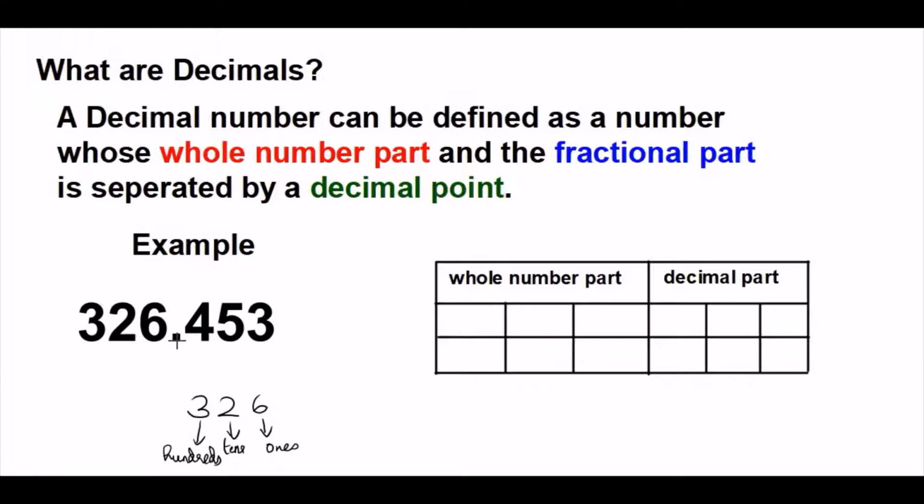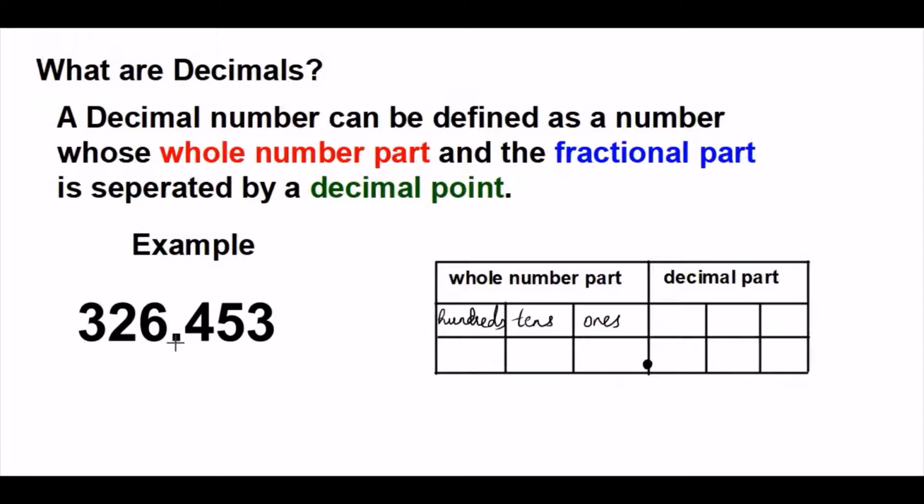Now in a decimal number we have whole number along with the fractional part or the decimal part. Now let's see the places of the positions of digits in a decimal number. So let's take the same decimal number as the example. So here in the whole number part we have the positions like ones place, tens place, hundreds place and so on. Now this whole number part and decimal part is separated by a decimal point in a decimal. Now in the decimal part, that is in the fractional part, the places start from here.